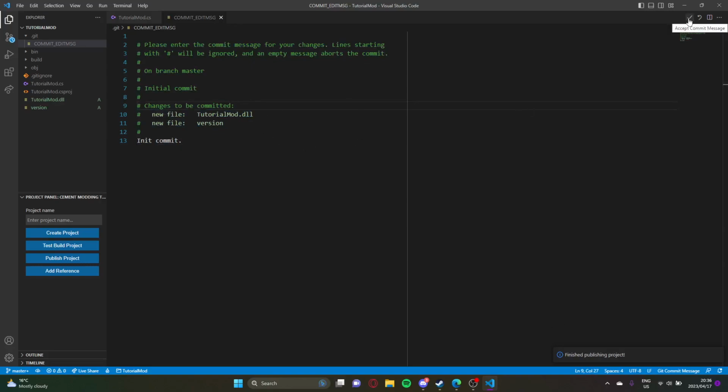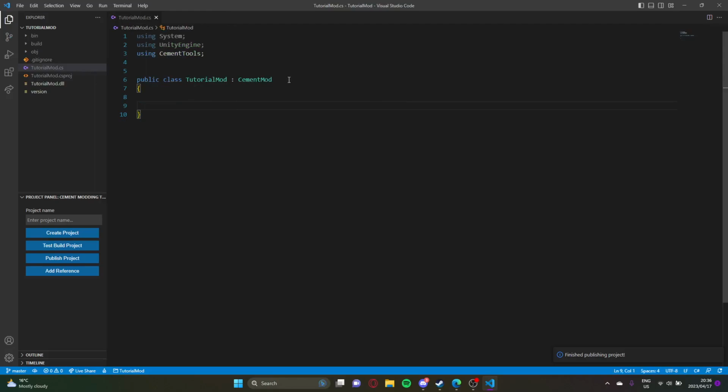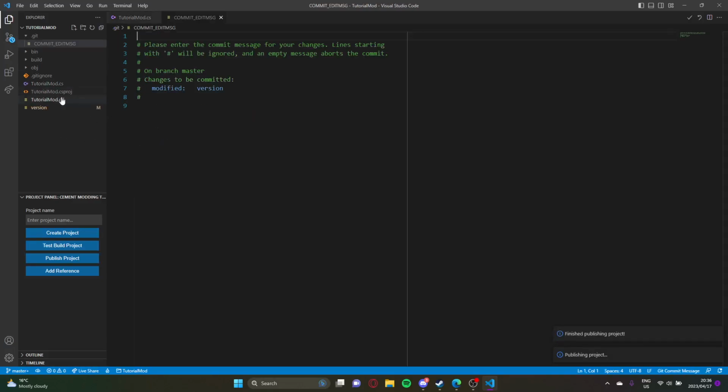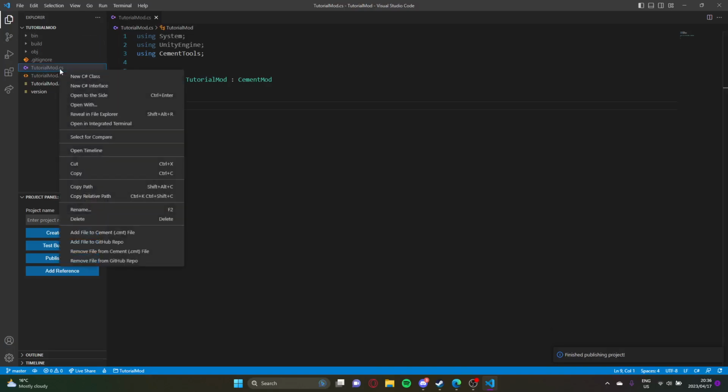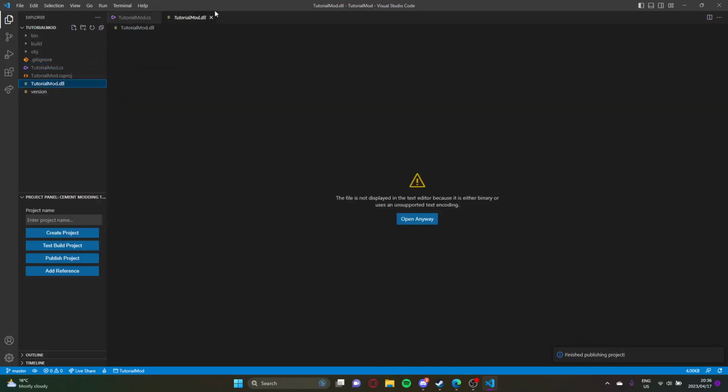Then just click on this button, accept GitHub message, and yeah, it will then make a commit. Then once you've done that, click publish project again, and it's gonna do its thing. This is just the second commit, just to make sure everything is working properly. Then you can finally